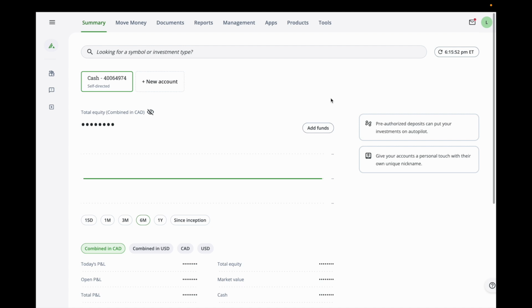So in this Questrade tutorial video, I will be showing you guys how to buy fractional shares of a stock here on the Questrade desktop version. So once Questrade's opened up on your computer, what I want you to do is to just go to this